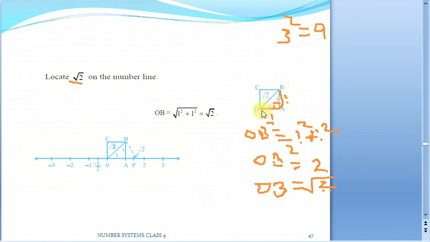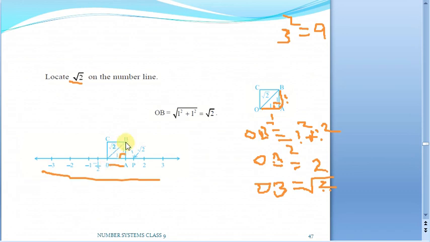That means this hypotenuse will give you root 2 units. Suppose if I assume this is 1 unit, this is 1 unit, this hypotenuse is exactly giving me root 2 units. So the same thing we use on the number line. So consider our number line here. So this is 0, 1, 2, these are equally spaced. Now let us assume this is 0 and this is 1. So this is 1 unit exactly, and using our protractor, we will take 1 unit at right angles here. If this is 1 unit, the same distance we have to take like this, and remember this has to be equally spaced. So if it is 1 unit, this also will be 1 unit.